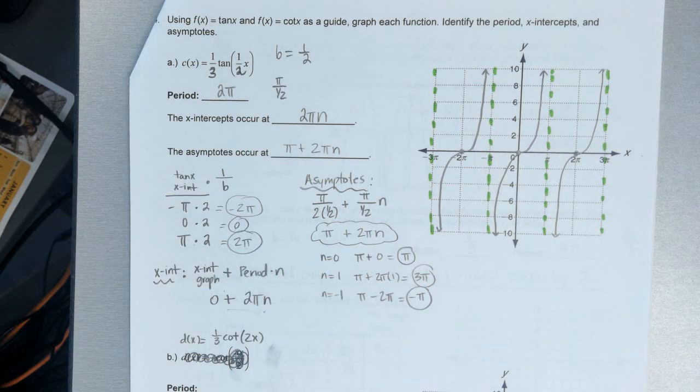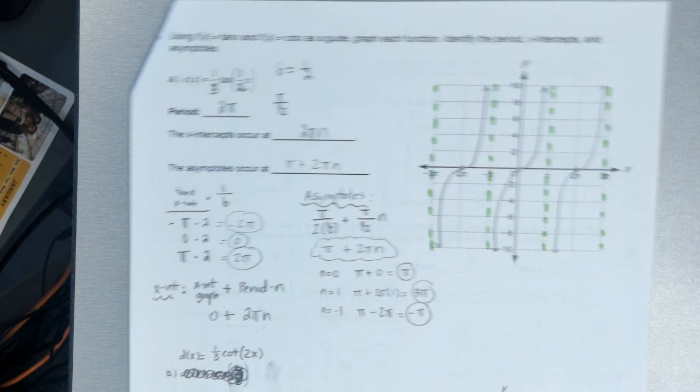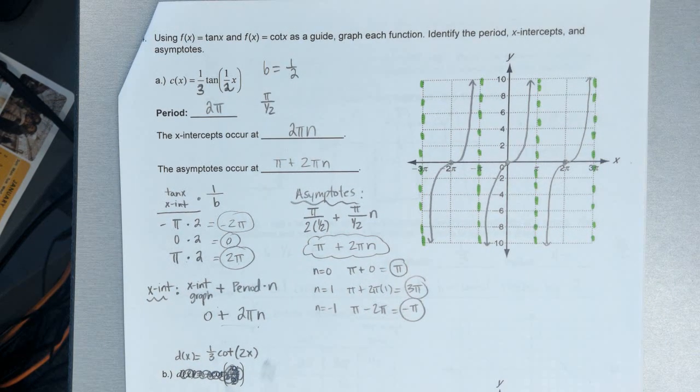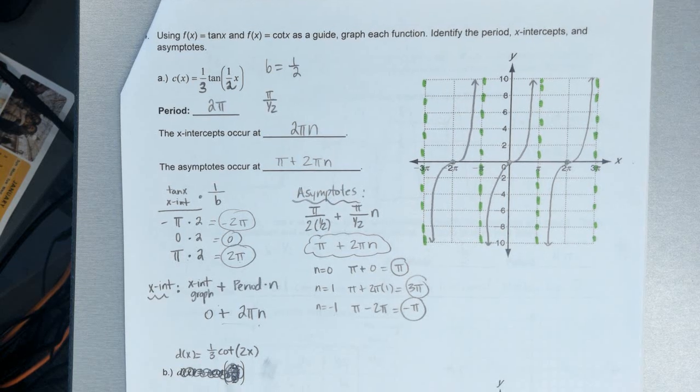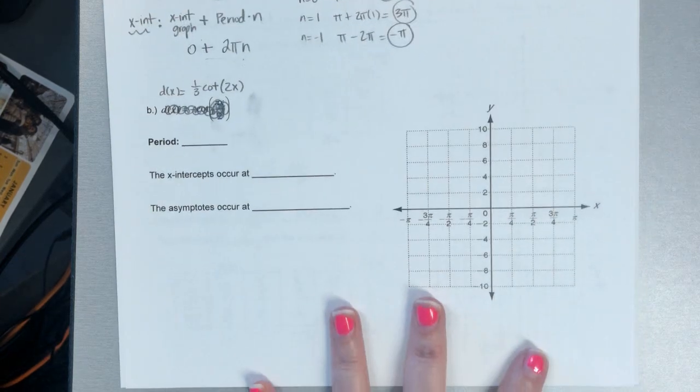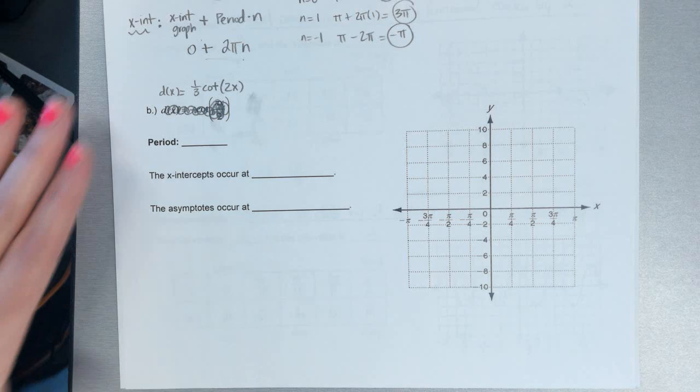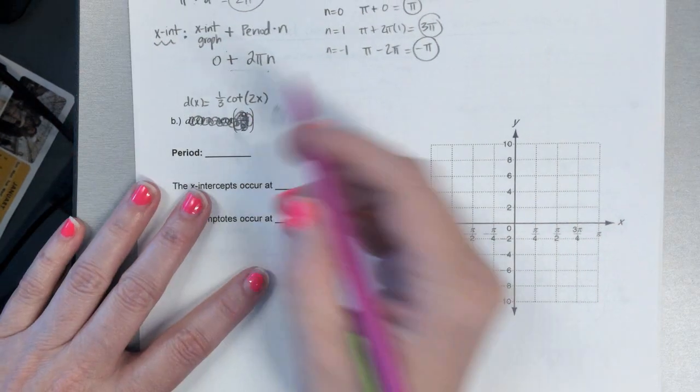All right, and then this is your graph. Okay. All right, now let's look at the cotangent. So the cotangent, the period is still